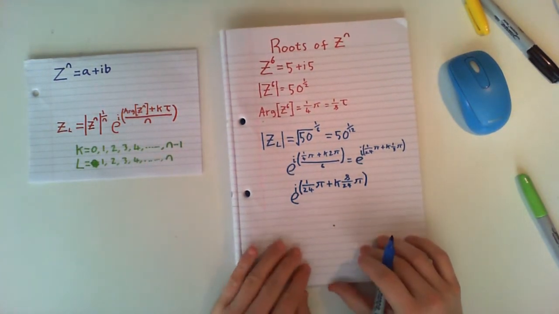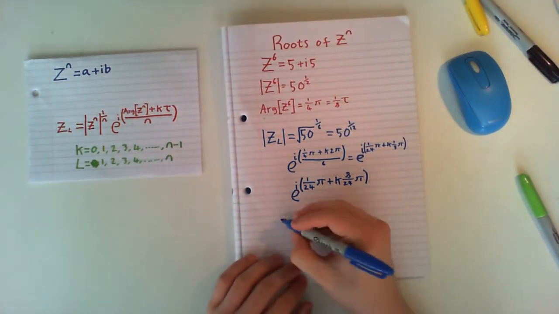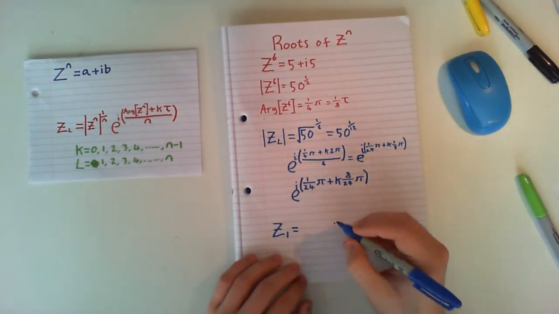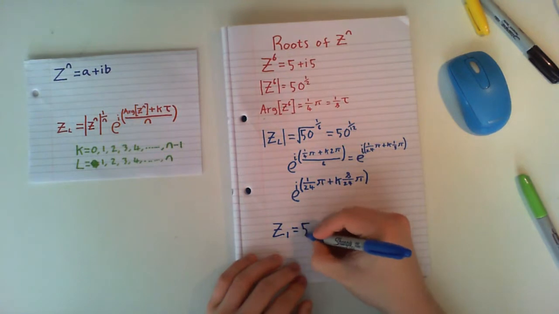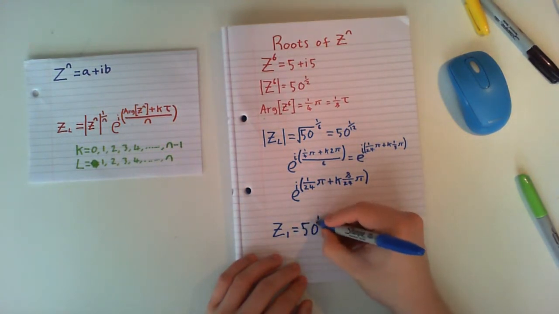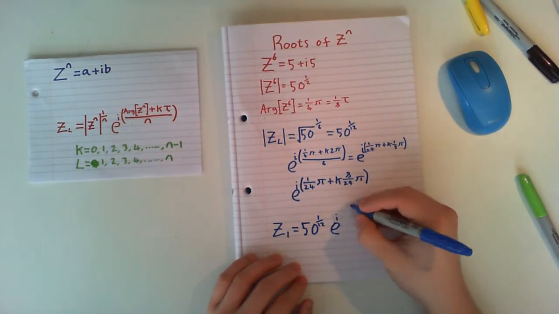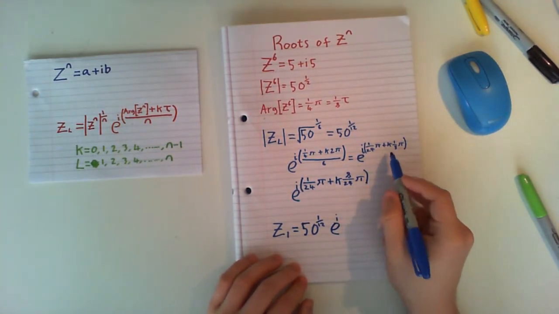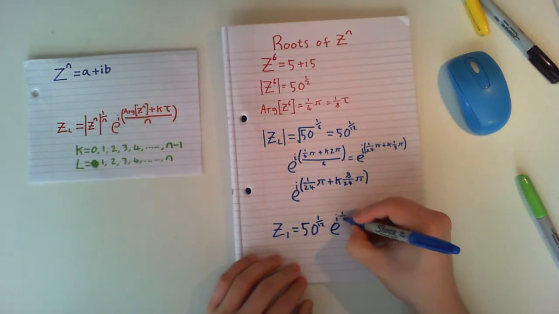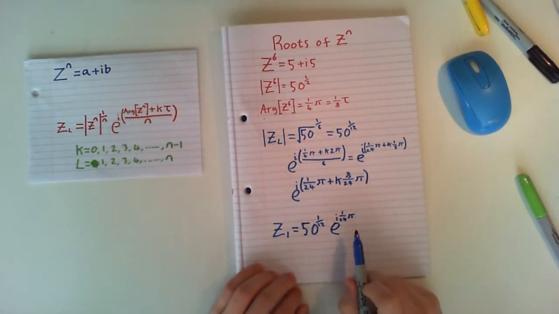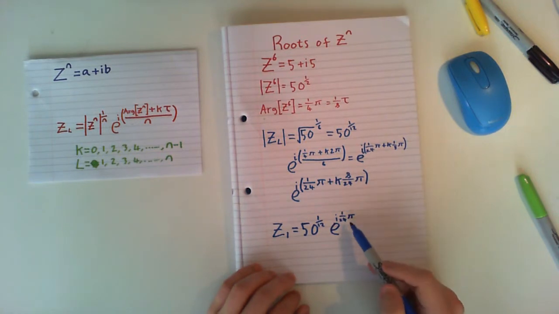Okay, so what I'm going to do is go through and do the first root. So if we do z to the 1, this is going to equal 50 to the 1 over 12 e to the i. Now k in the first one is 0, so it's just 1 over 24 pi. Then for each of the other ones, just keep adding 8 over 24 pi to this each time,